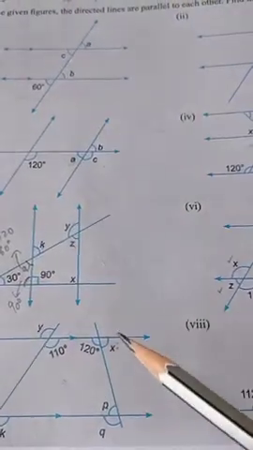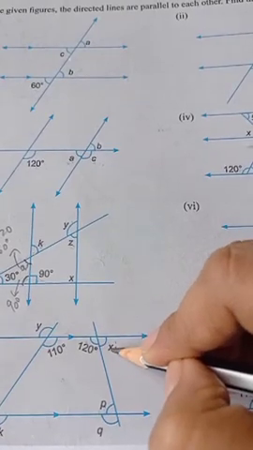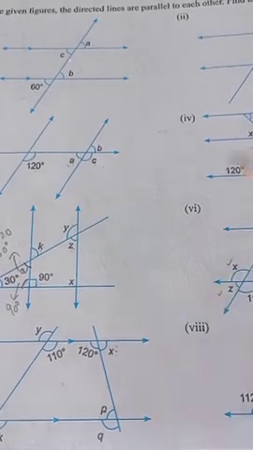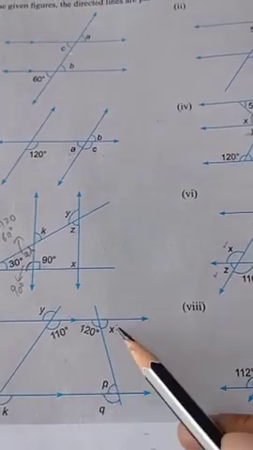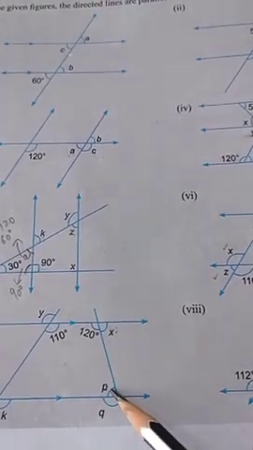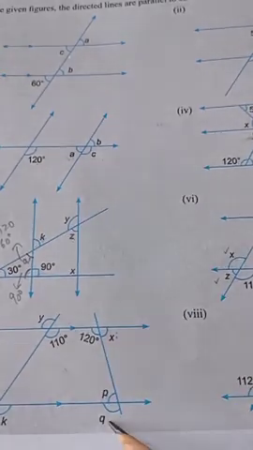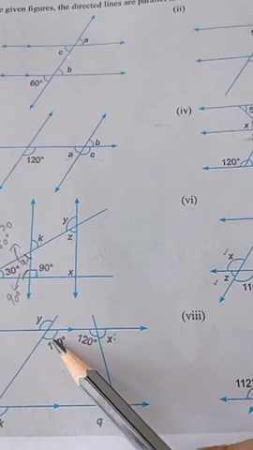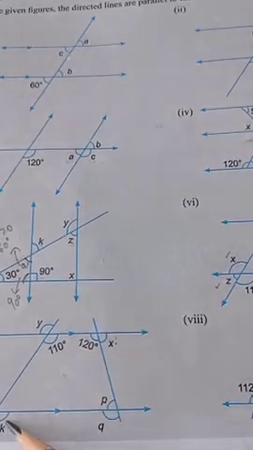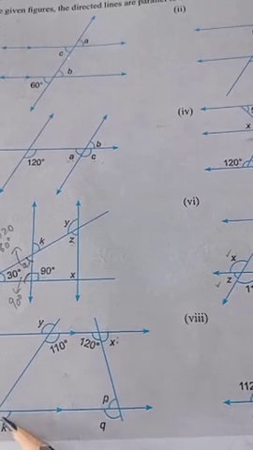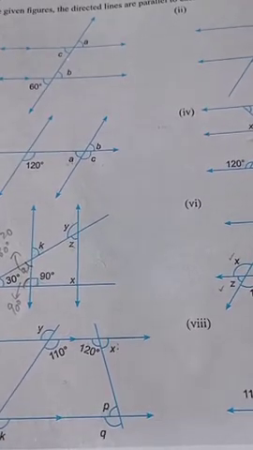In the same way here, how can you find x by linear pair? Their sum is 180 degrees. You can find x. x will be equal to p, interior alternate. If you get p, then q will be equal to 120 degrees, corresponding angle. Here 110 will be equal to k, corresponding angle, and once you get k, k plus z is equal to 120 degrees. Clear? So this way you can find out z also.